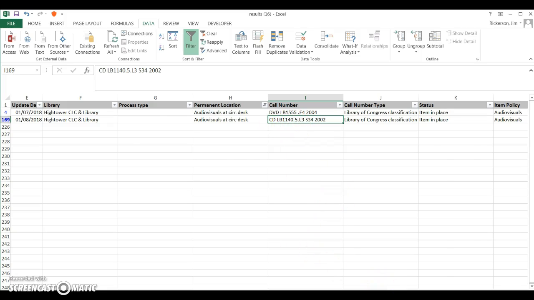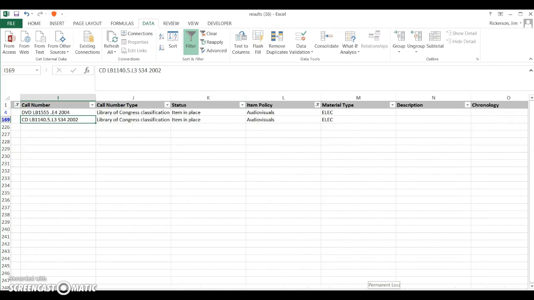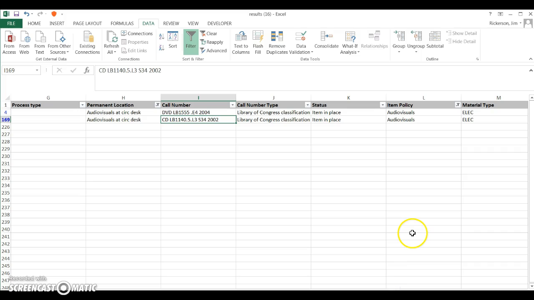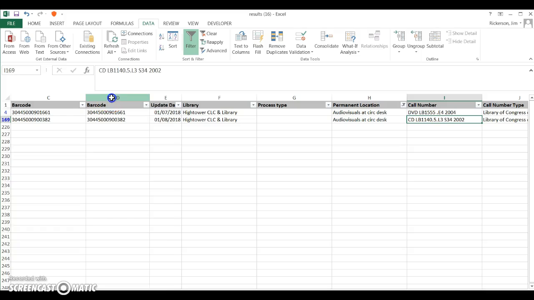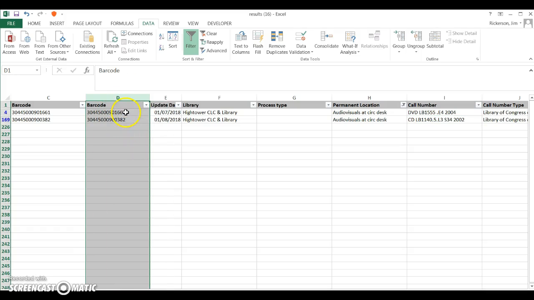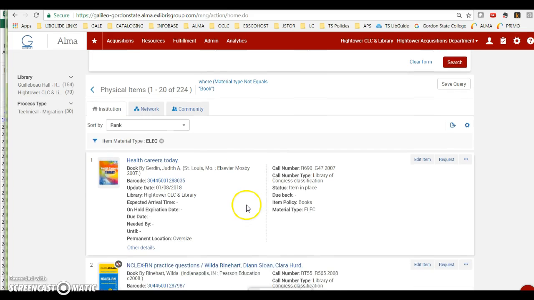And so this is how you would basically use this report in order to create a set. And then what you would do in order to create the set is to create a text file of the barcodes, which I've shown in a separate video how to do that. Alternatively, the other thing you could do if you just wanted to pick them off one at a time is you could go through here and you could